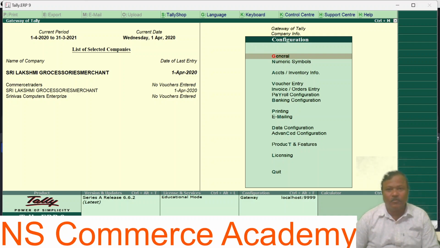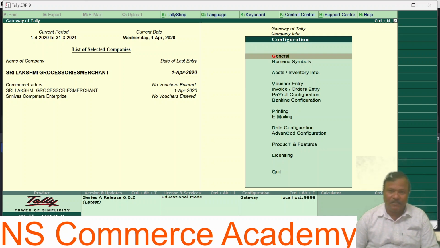So here the configuration features will be there: general configuration, numeric symbols, accounts and inventory info, voucher entry, invoice order entry, payroll configuration, banking configuration, printing, email, data configuration, advanced configuration, products and terms and features, and licensing. Quit will be there.